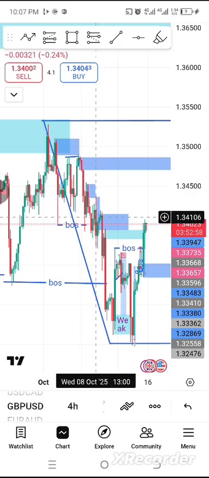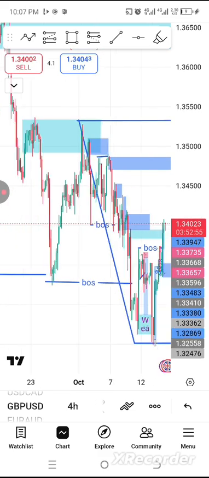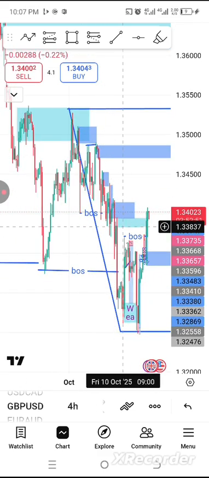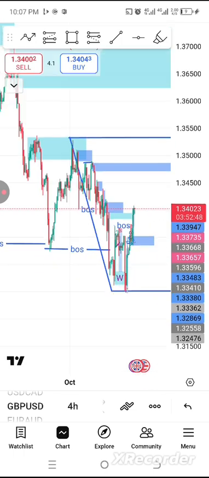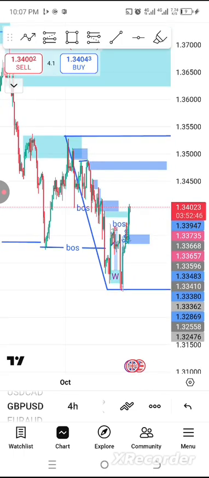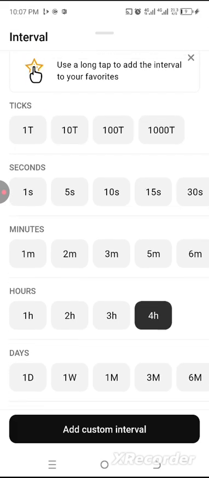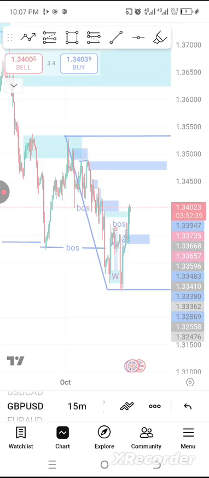I consider them liquidity. So now that we know our extreme supply, which is up here, and our decisional supply, which is down here, we can now go down to the lower time frame and read more structures. So going down to the 15-minute time frame,